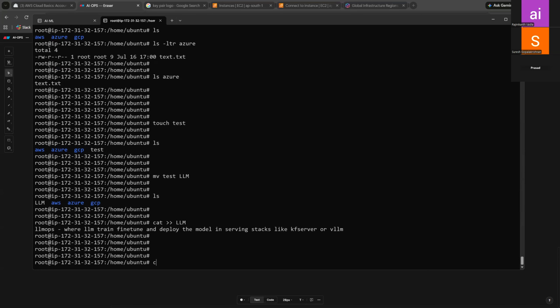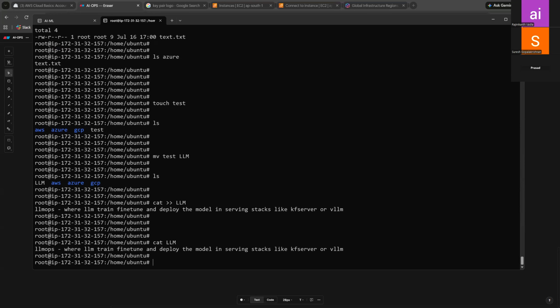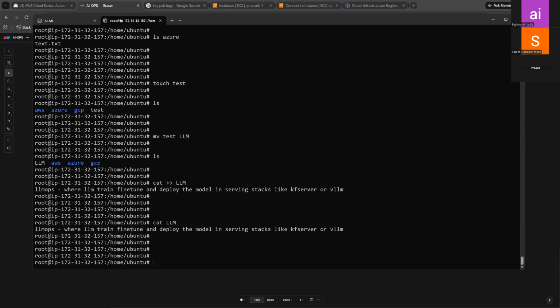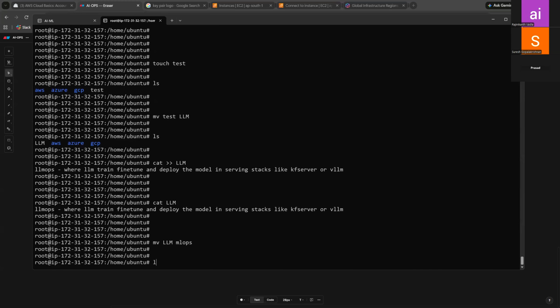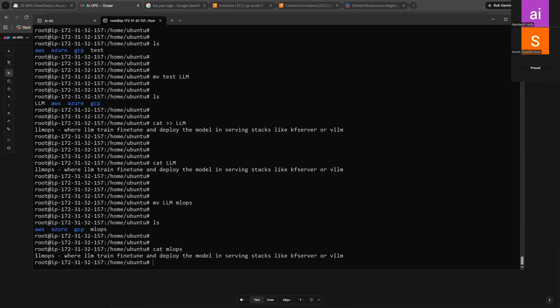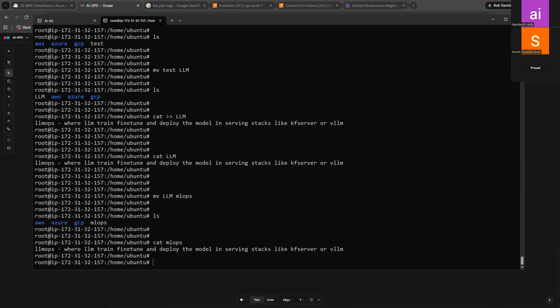When you do cat on the LLM file, this is the content you will get, right? Now I just wanted to change that file name to MLOps, ls. It got changed into MLOps. If I do cat MLOps, I still get the same thing. It got renamed.